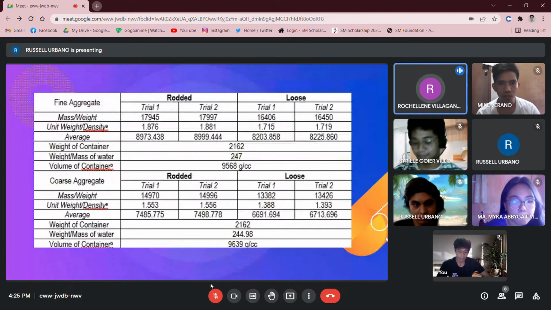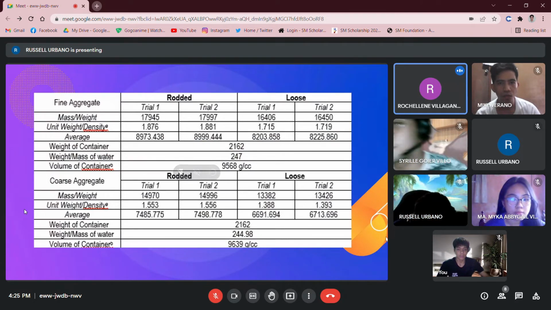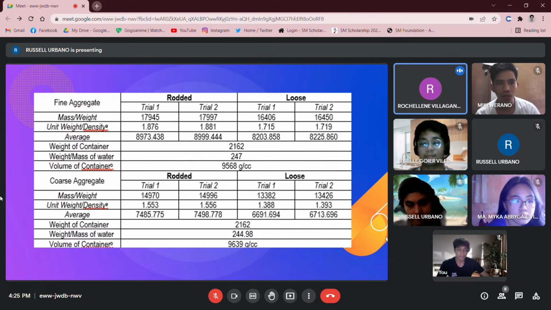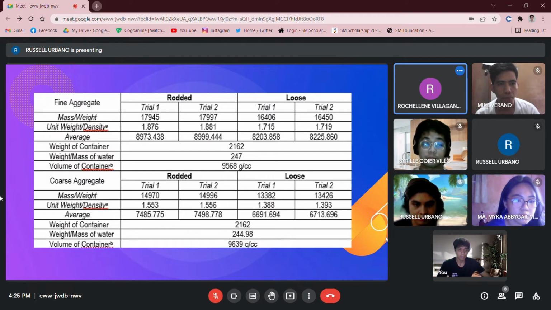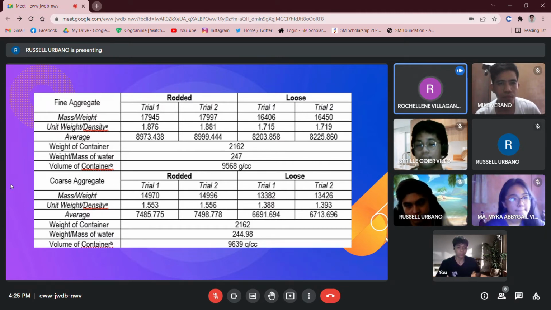Data and results. For fine aggregates, there is rodded and loose. There is trial 1 and trial 2. For the mass weight, the estimated data is 17,945 for trial 1 and 17,997 for trial 2. The unit weight or density is also estimated, but the formula we can use to get this is weight of sample over the volume of container. For the average, you must add trial 1 and trial 2 of the mass weight and unit weight or density, divided by 2, to get the